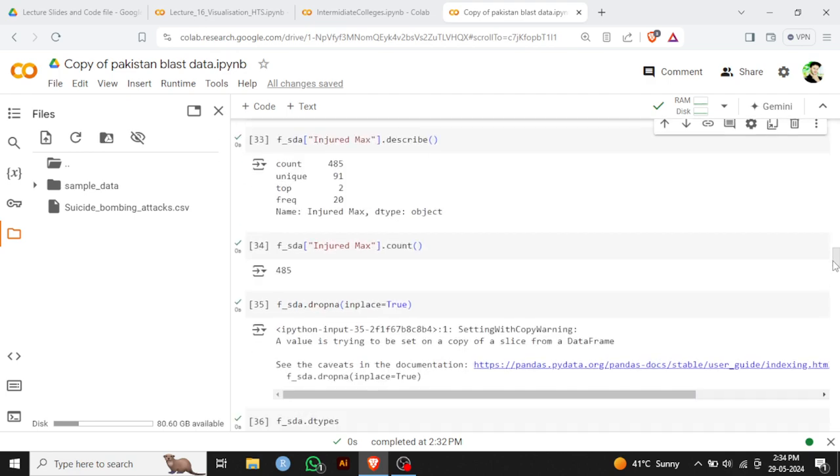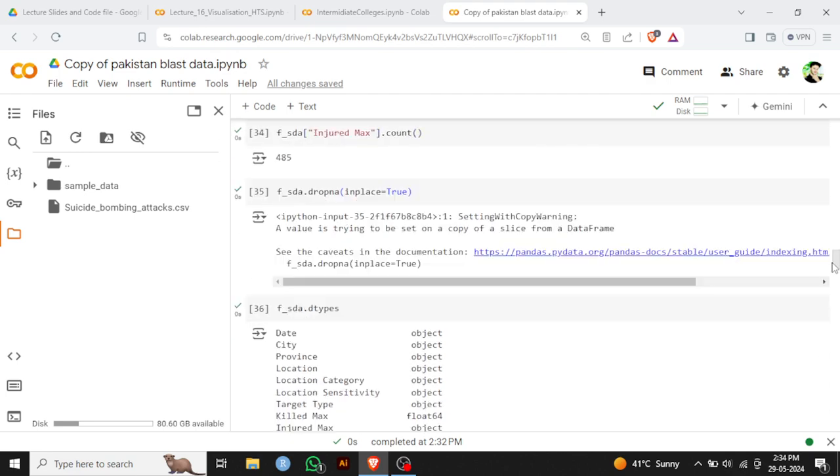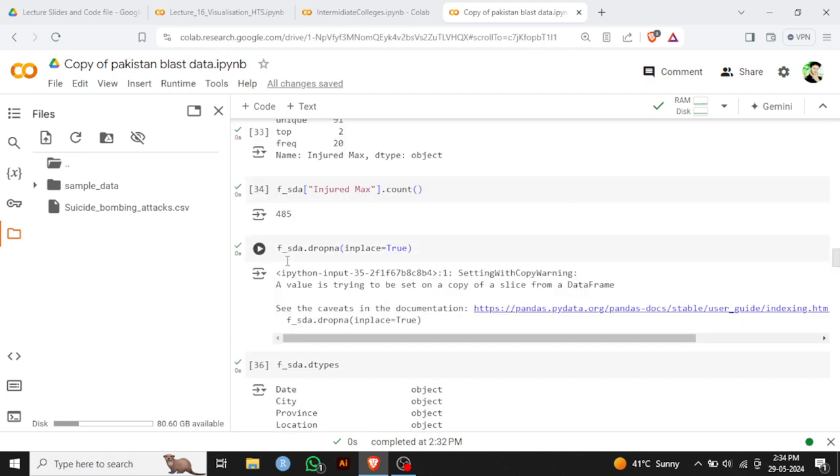Here is the dropna function. Here, go to the final data set and drop the null values, for which the dropna function is used, and inplace is True. Okay, so it will remove all the null values from the data set. So the final data set will be